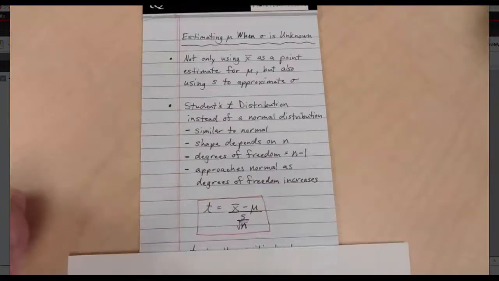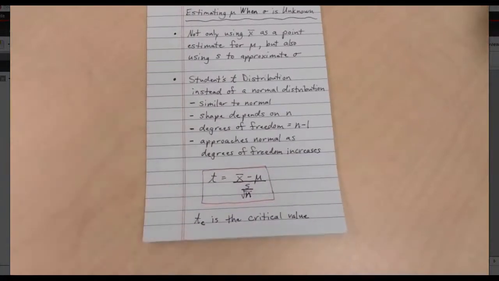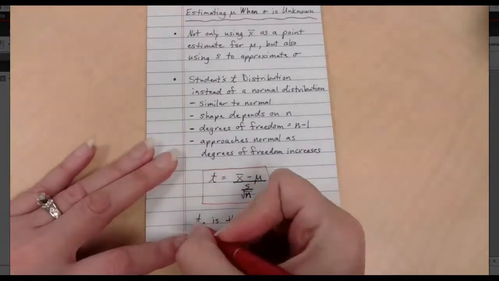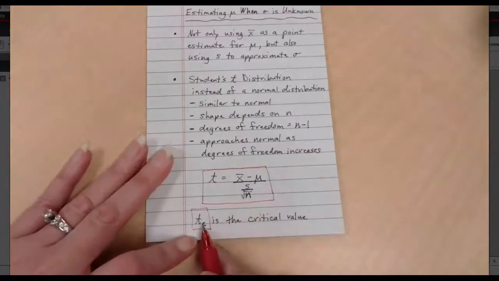And other things that are similar would include, last time we talked about z sub c being a critical value. So this time t sub c is going to be our critical value. Again, this is how many